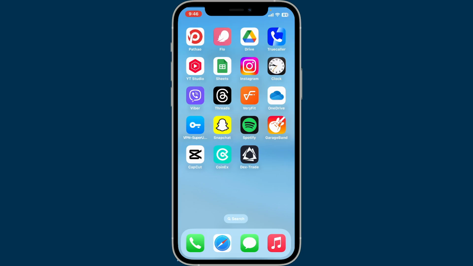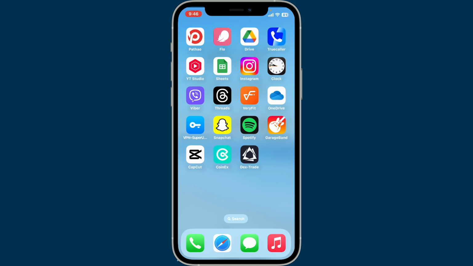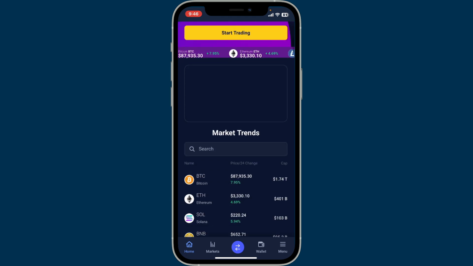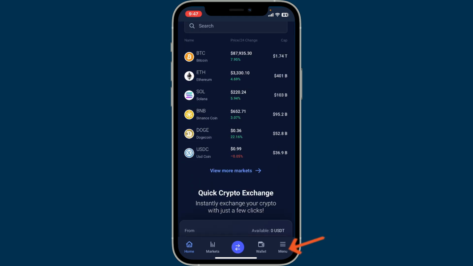In this video, we will be learning how to find your wallet address on Dex-Trade. To find your wallet address on Dex-Trade, open your Dex-Trade application and log in using your username and password. After you are inside the home page of Dex-Trade, go ahead and tap on the menu button at the bottom